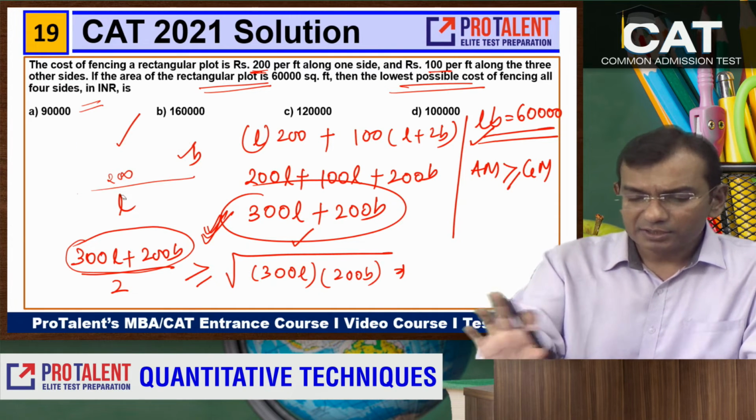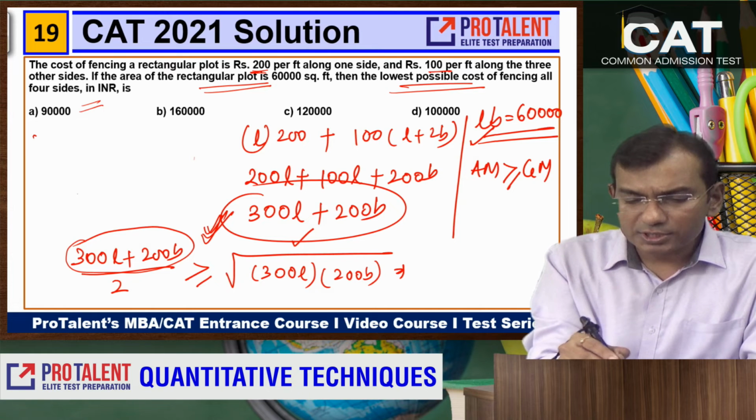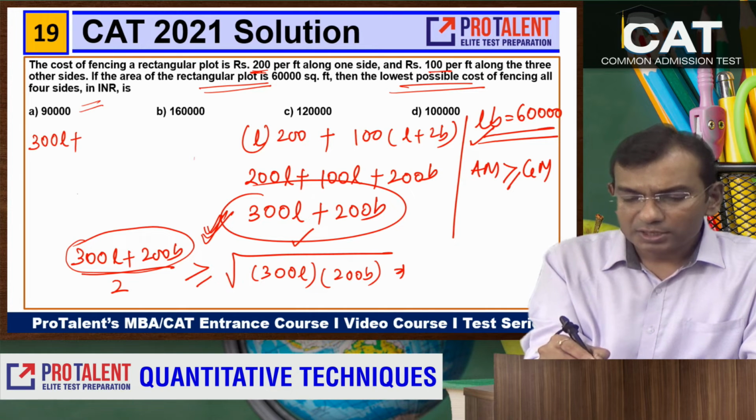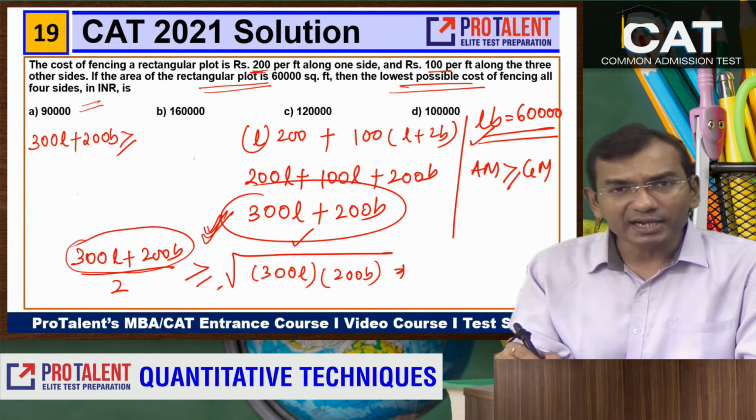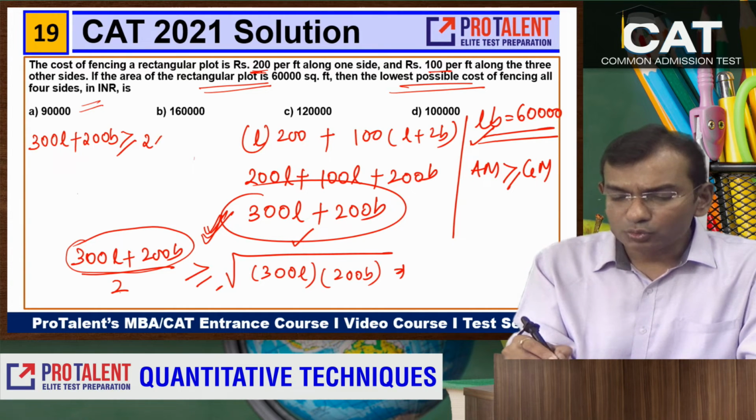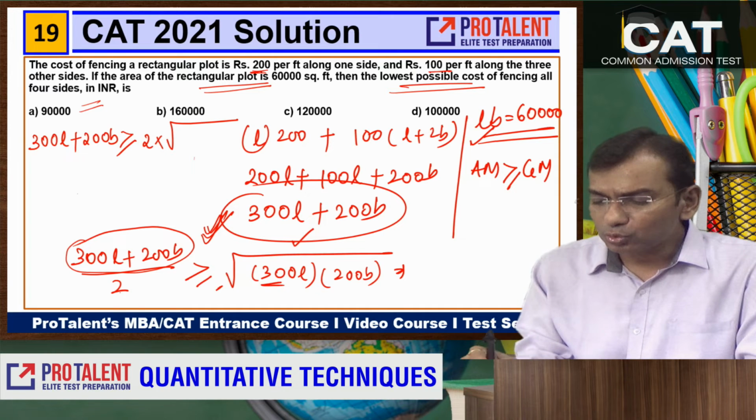Let me write it here, so आपको अच्छा दिखेगा कुछ। So this is 300L plus 200B is greater than or equal to, ये 2 इस तरफ जाएगा, so I get 2 into square root of 300 into 200 into